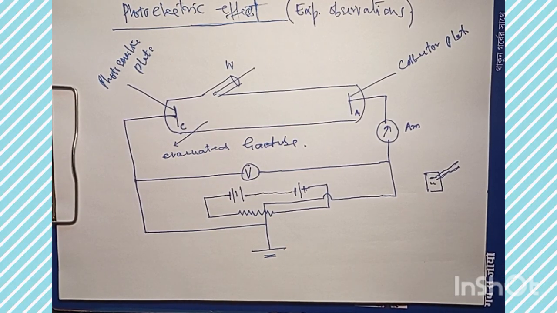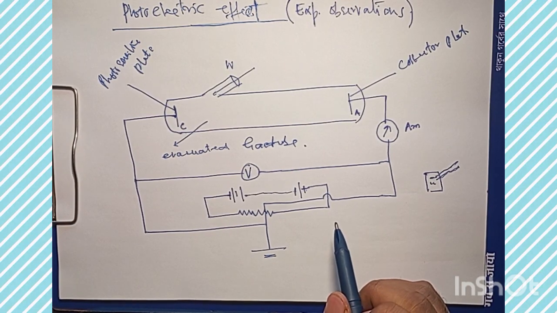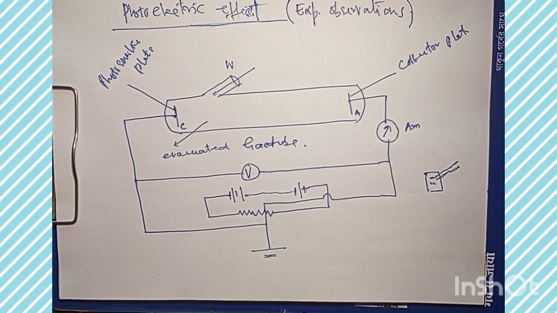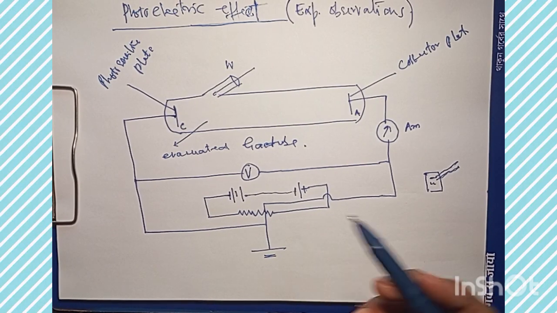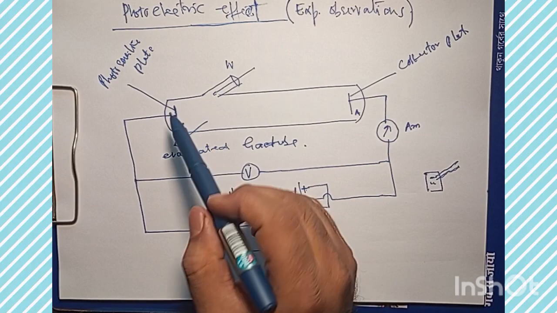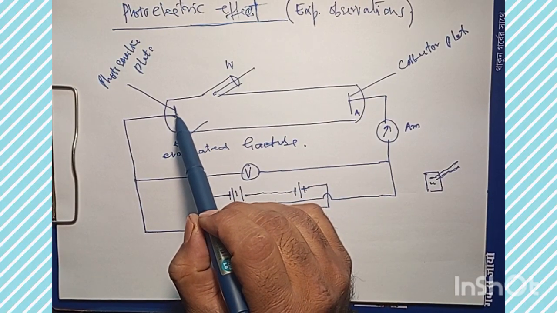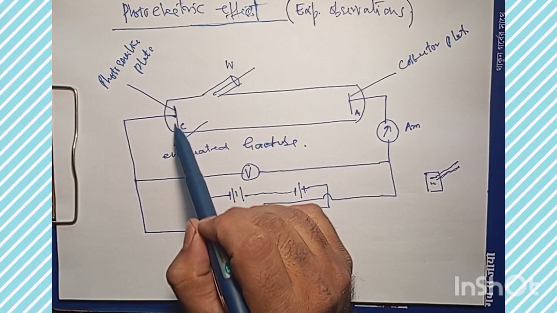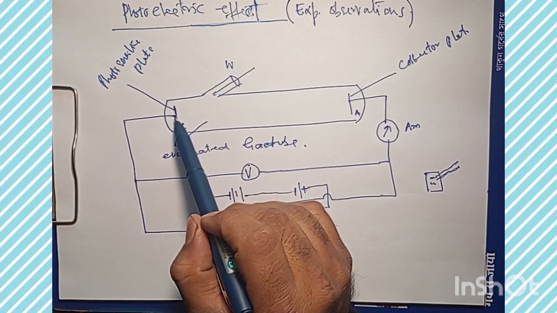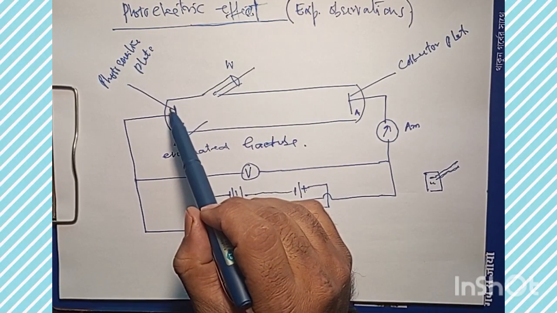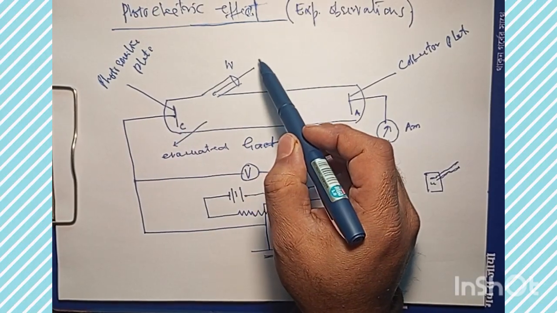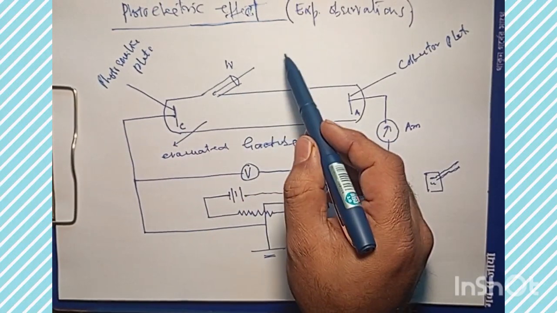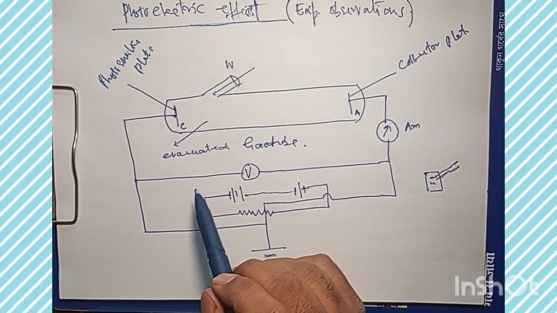So if I have to generalize this, what I'm talking about is that when we have ultraviolet light incident on some negatively charged, some photosensitive plate, say a zinc plate is photosensitive,